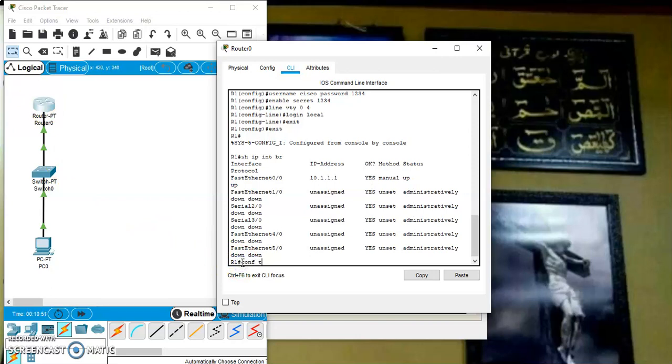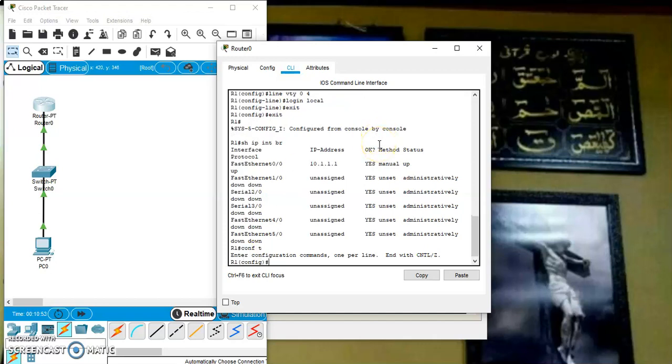Conf t, enter. We have entered the configuration mode. Now to use SSH we require a domain name. So let us set the domain name, for example ip domain-name, right? Let it be www.cisco.com, fine.